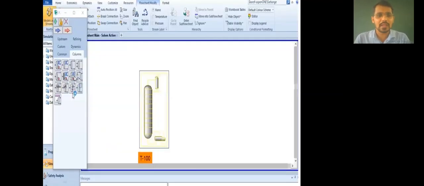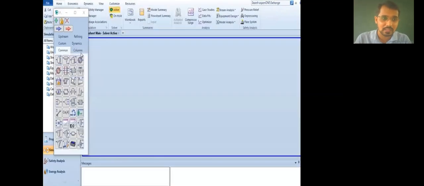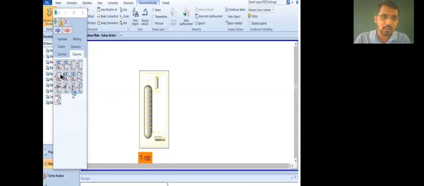After that, click over the column, since we are going to select a distillation column. After clicking over the column, this type of columns will be displayed here. But before that there is common. In common, you can see there are various units like this. But after clicking column, you will have only columns.